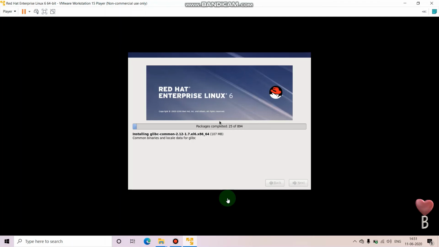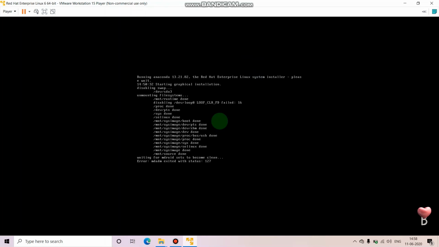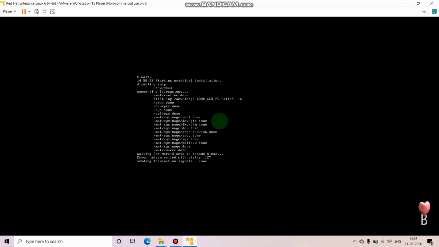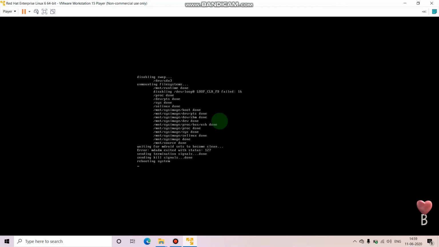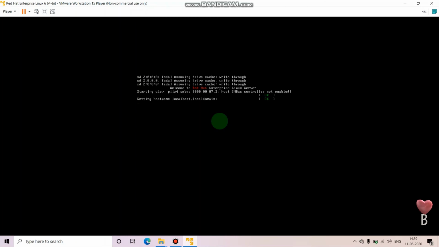Guys, it is loading. We are almost done, guys, with the installation of Practical 2, that is Linux operating system on the VMware machine.